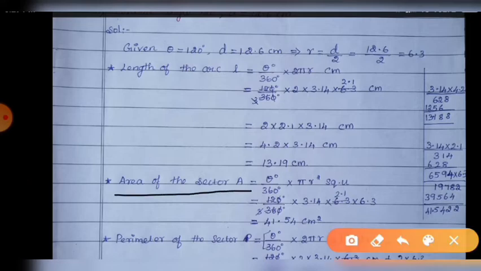Next one, you have to find area of sector. Area of the sector A is equal to theta by 360 degree into pi r square units. Area means pi r square units. Here theta, what is value of theta? 120 degree divided by 360 degree. 0 0 get cancel. Using 12th table 3 times. Again 3, and then strike out. 6.3, that is 3 table 2 times, and 1 3 is 3, that is 2.1.